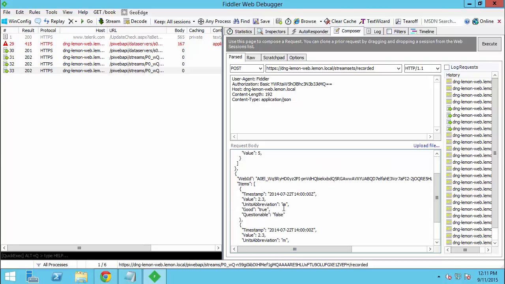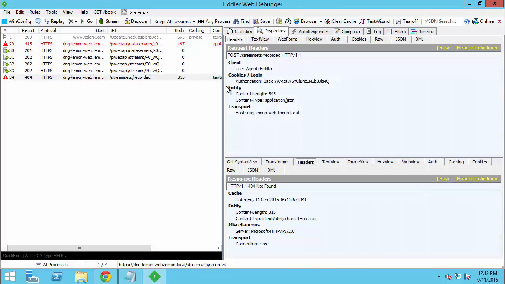And we can write in 2 values for that. So we can change it, and we can change this as well. When you hit execute,